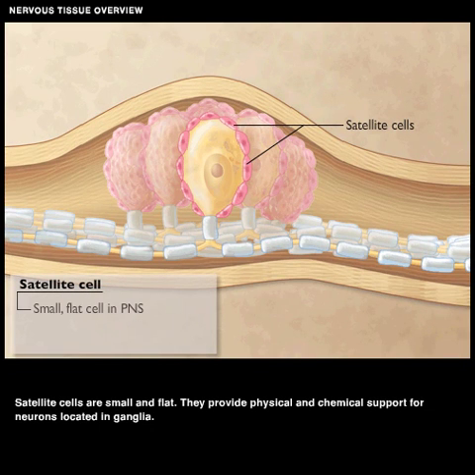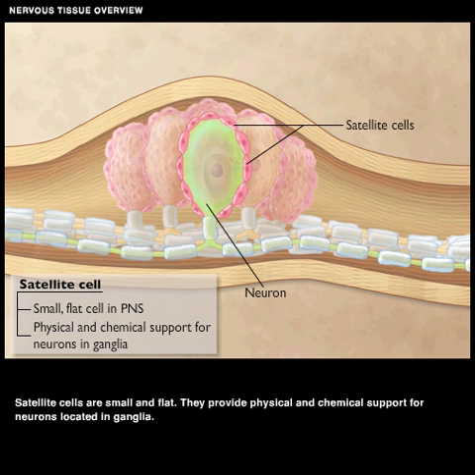Satellite cells are small and flat. They provide physical and chemical support for neurons located in ganglia,